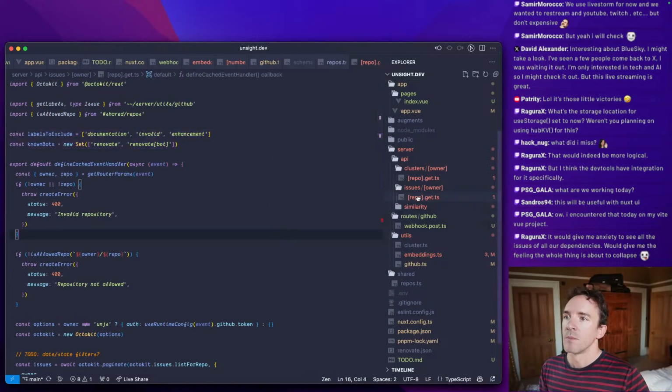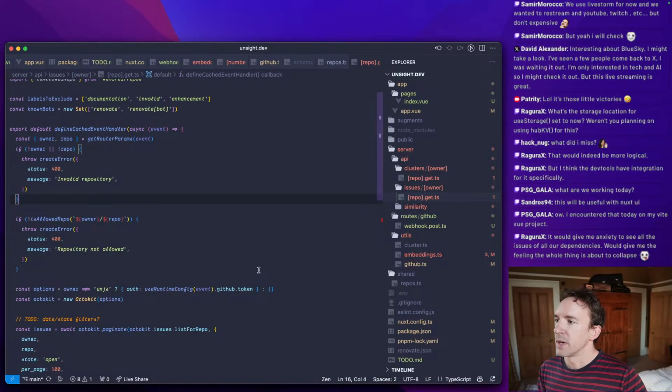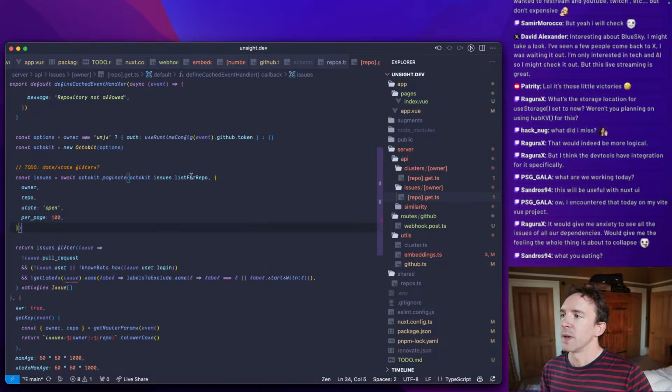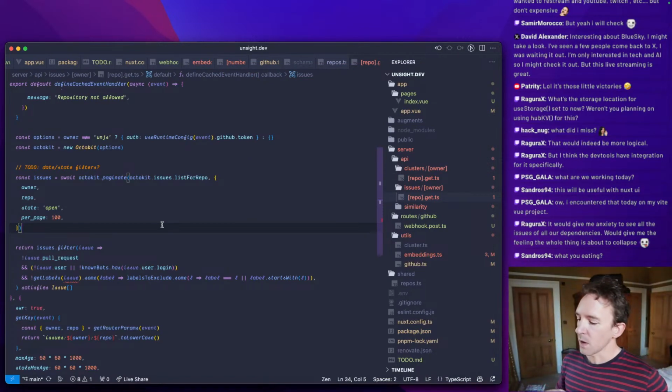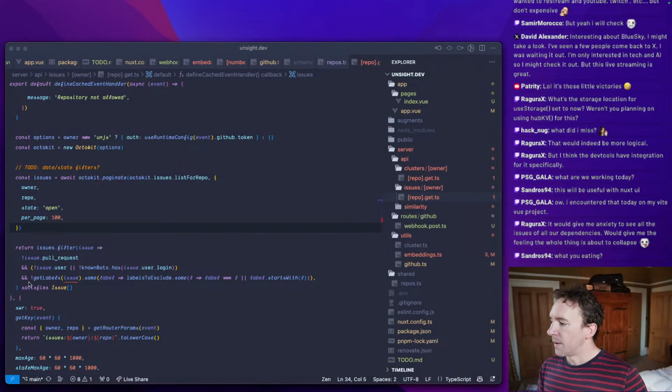Okay. Now we're going to drop this. Oh no, we need to do something with this in order to grab the new issues initially. So